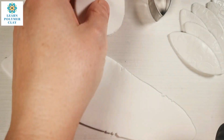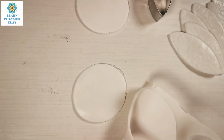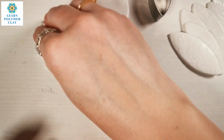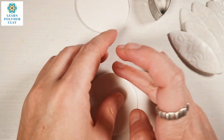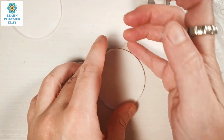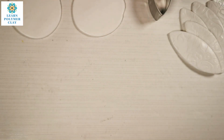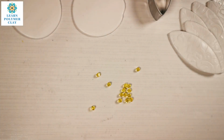My candle holder was a little bit big because I wanted it to be a centerpiece for an Easter table. So you will have to take this into consideration, that if you use larger cutters, you will have a larger candle holder, of course. Then I passed the clay through the pasta machine again. This time I used the setting number 2 of my Atlas pasta machine, and then I used 2 round